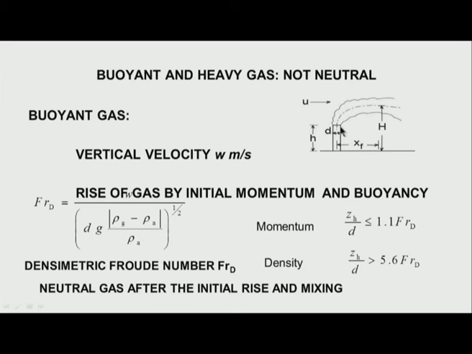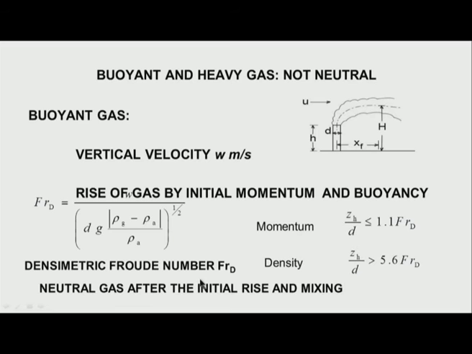Therefore, in such problems, it is necessary for us to be able to precisely calculate the height at which a neutral gas, namely diluted gas of the buoyant gas and air, is being formed, which thereafter I can use the regular formula for dispersion. But to be able to do that, we define something like a Froude number, and Froude number is something like the density effects, that is the weight of the gas, divided by buoyancy effects,